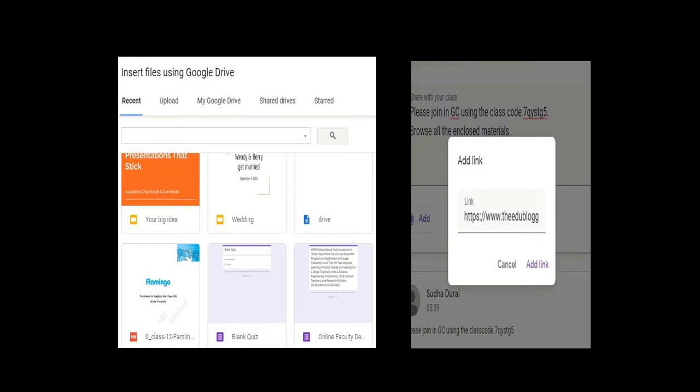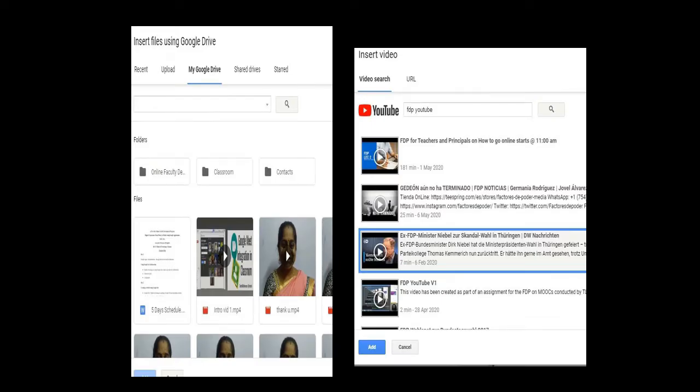Copy and paste the link address in add link. Here is add link, you can see, to a chosen subject. We can also attach files from Google Drive. That is the first slide here. And you can also take a YouTube link. You can add it. Google Drive.